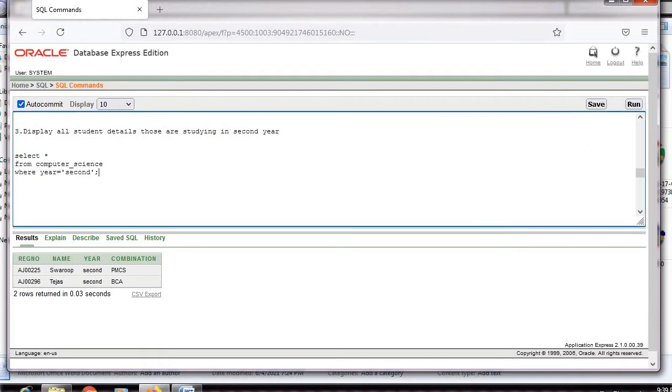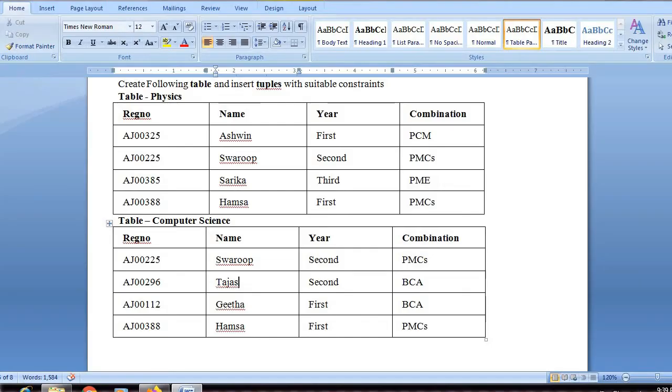Yes, Swaroop and Tejas. See, I'll tell you why I took only computer science. Okay, first I'll clarify this doubt. See here, when I see the physics table and computer science table, there are only 3 students which are in second year. One is Swaroop, another one is Tejas.